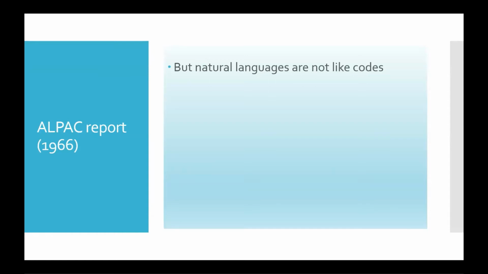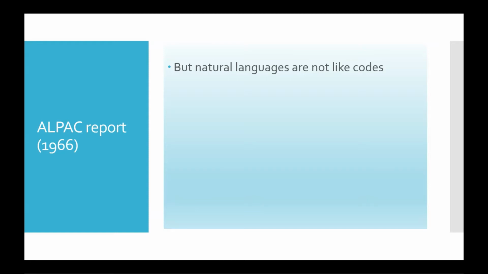So the ALPAC report was done by a committee in the United States called the Automatic Language Processing Advisory Committee. And it basically said that the government should stop funding machine translation research and should put money into basic linguistics instead. And the reasons are,